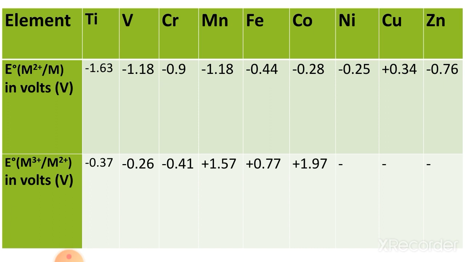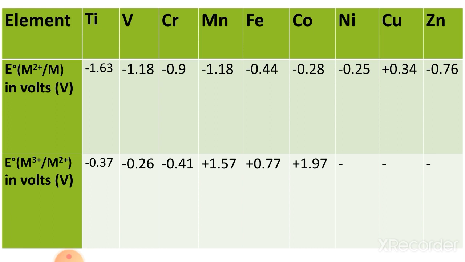It is due to the half-filled t2g3 configuration. About t2g3, you have learned in complex compounds where the splitting of d orbitals takes place in two forms. The d orbitals break into eg and t2g orbitals. The t2g orbitals contain lower energy orbitals, 3 orbitals of d out of 5, and eg contains high energy orbitals, 2 orbitals of d. So that's why d orbitals are broken into eg orbitals and t2g orbitals. Here in case of vanadium, the stability of V2+ ion is due to the half-filled t2g3 configuration.